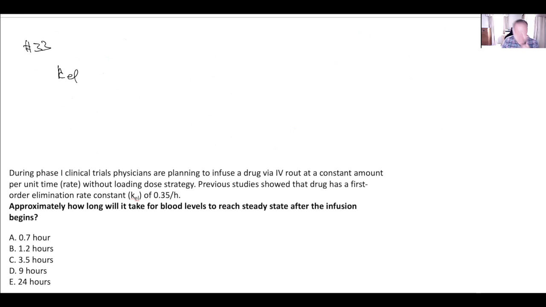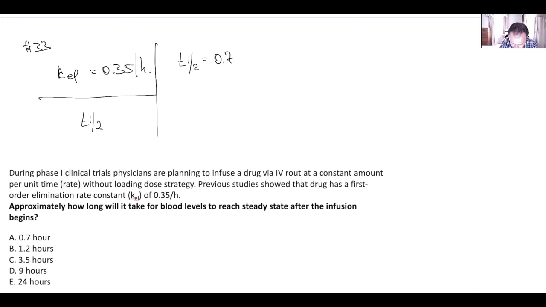Here we are dealing with elimination constant, and it's very rare that you will have such type of questions. But anyway, I would like to show you how we can calculate half-life. The half-life can be calculated as 0.7 times volume of distribution over clearance, or half-life can be calculated as 0.7 divided by the constant of elimination. And if you have a constant of elimination of 0.35, half-life can be calculated as 0.7 divided by 0.35, and it